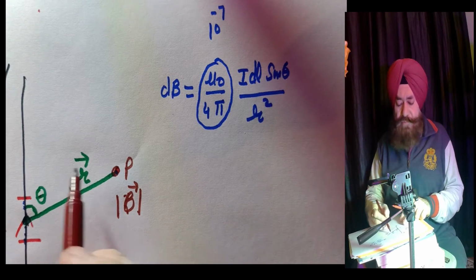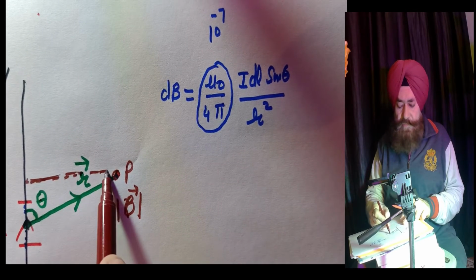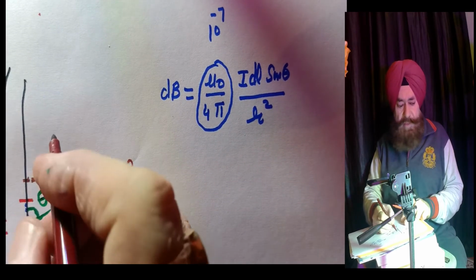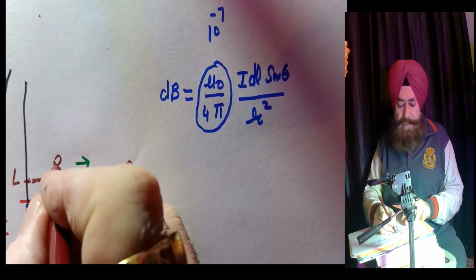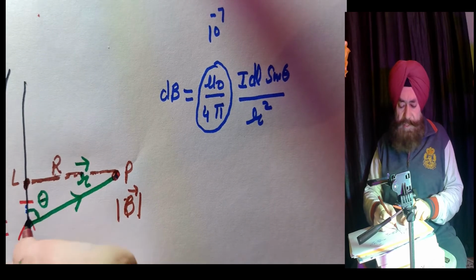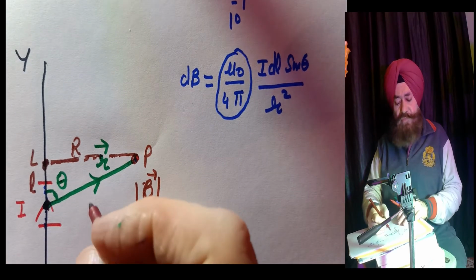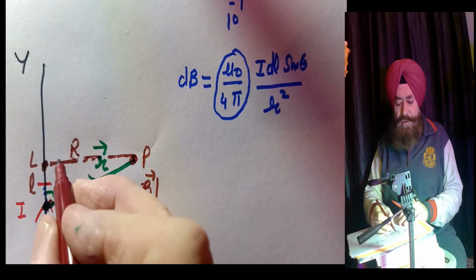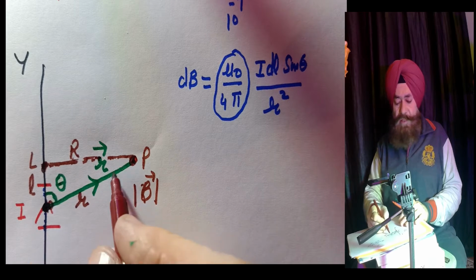Now then we draw a perpendicular here. So this is the perpendicular, and this distance from P is capital R. And from here to here, this length is, suppose, small l. So this length is small r, this length is capital R, this length is small l. And in this right angle triangle,